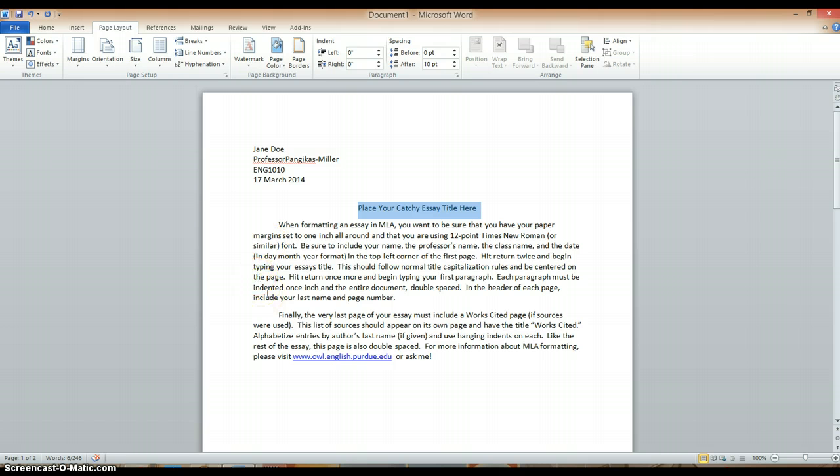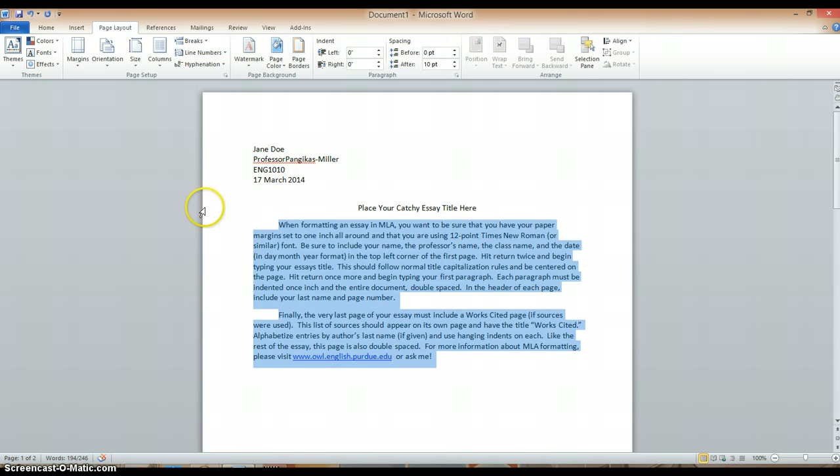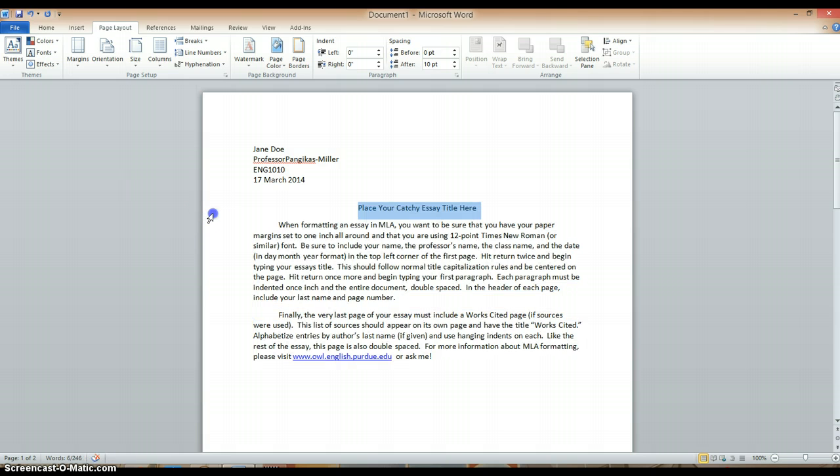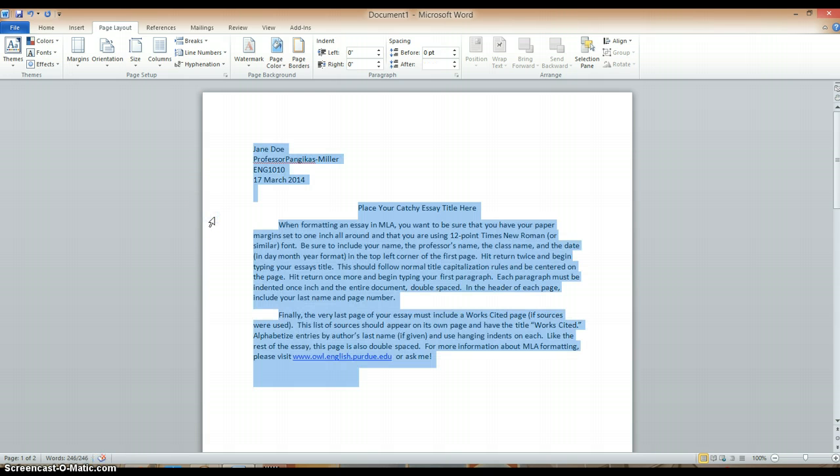What you'll notice about MLA formatting is that for each paragraph, you want to be sure that you are indenting by 1 inch. Okay, so this should also be set to indent by 1 inch. Another thing that's important is that you'll want your entire paper to be double spaced. So what you can do, you can select all, and there's a couple different ways you can do this. You can hold down the control button and hit the number 2, or in the page layout tab, you can click on paragraph,